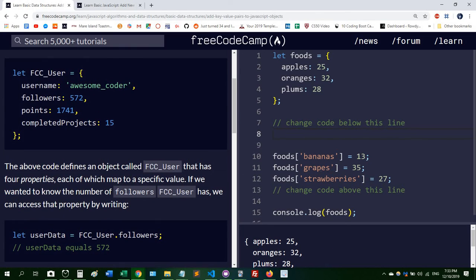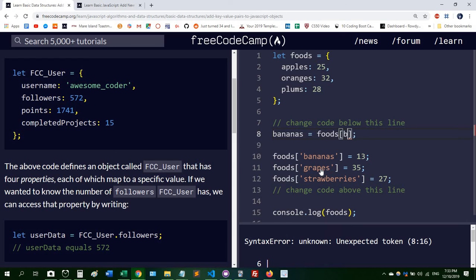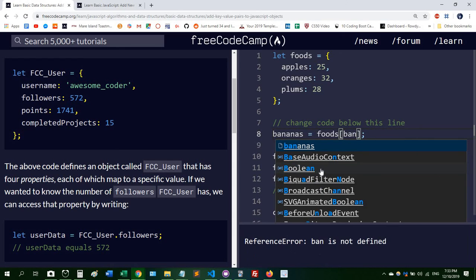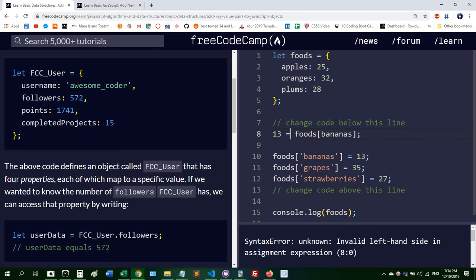Basically, I tried to do bananas equals foods 13, and then I realized that didn't make sense because that would sound like you're calling the property 13. So I tried doing bananas equals, like, 13 foods banana. First of all, you need quotes here, and then